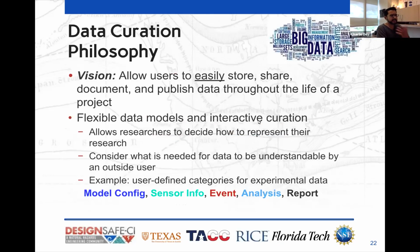All right, so speaking of data, your data tells a story, and we understand that the purpose of your data is to get that story out to the rest of the community. So we have a philosophy behind our data curation. Our vision is to allow users to easily store, share, document, and publish their data throughout the entire life cycle